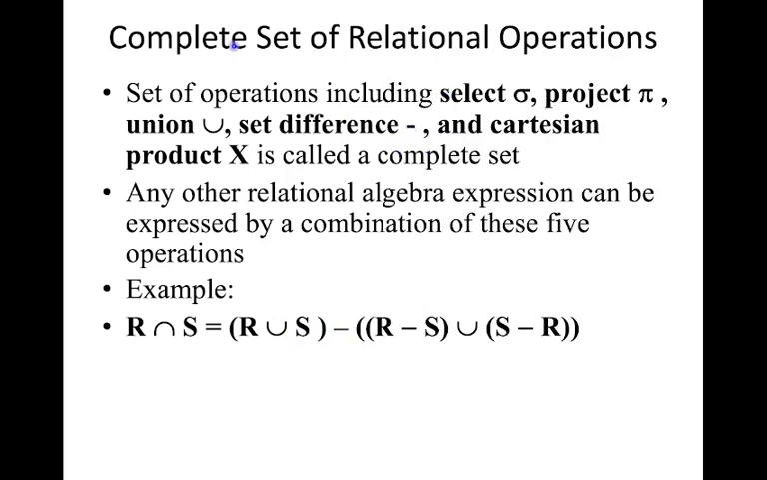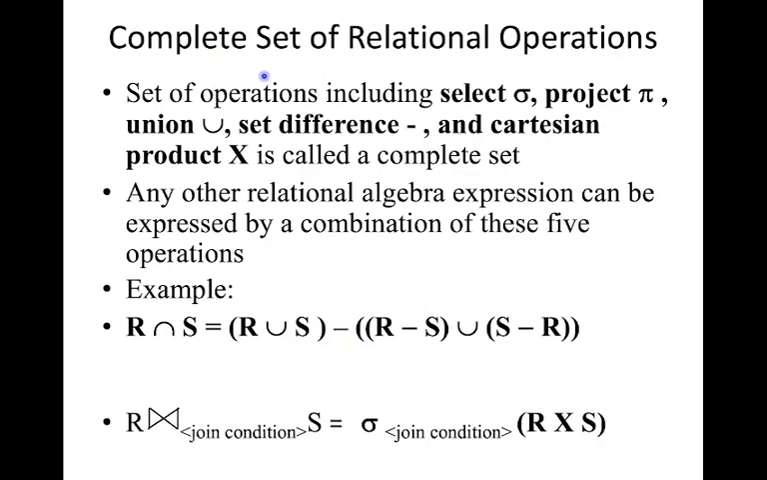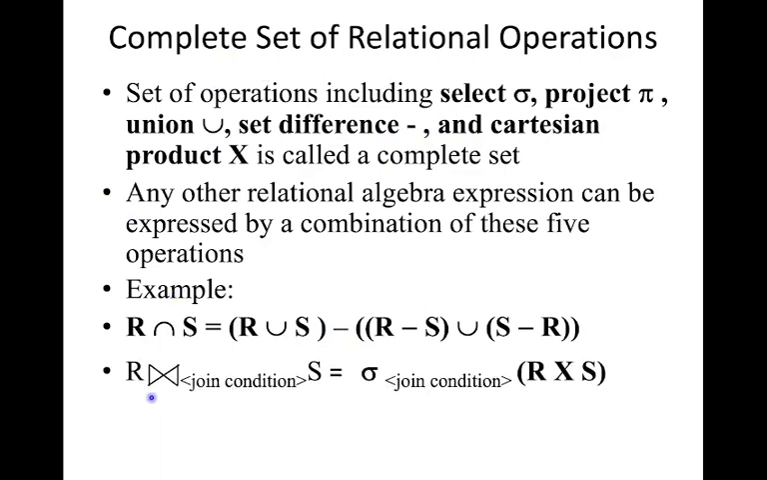So that is why it is known as a complete set. Using this complete set we can specify any operation. Another example, if you want to specify the join operation, it is possible. The join operation is actually a cross product and a join condition, or sigma operation. This cross product is there in this set, and the sigma or select operation is also included in this set. So that is why